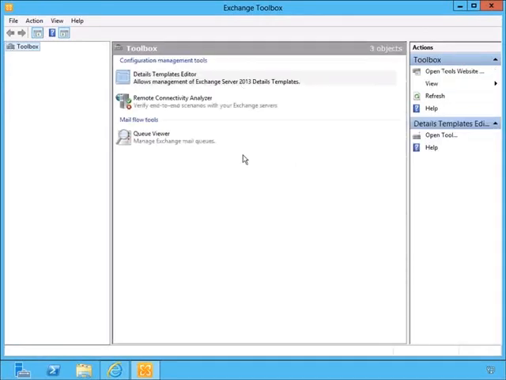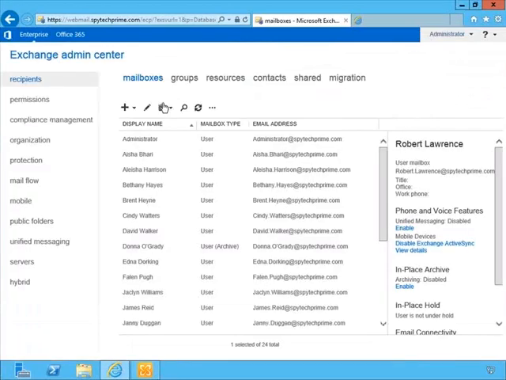And as you can see, it's pretty worthless. Sorry to say. The toolbox used to have a lot of different tools, but as we mentioned, most of those have been discontinued. And so now we have this Details Templates Editor, and we have this Remote Connectivity Analyzer, and then we have the Queue Viewer. So if we just open up the Remote Connectivity Analyzer,